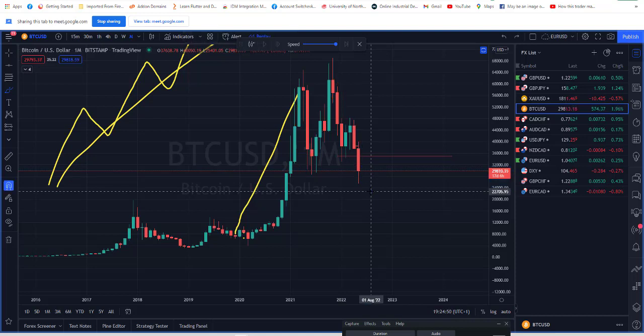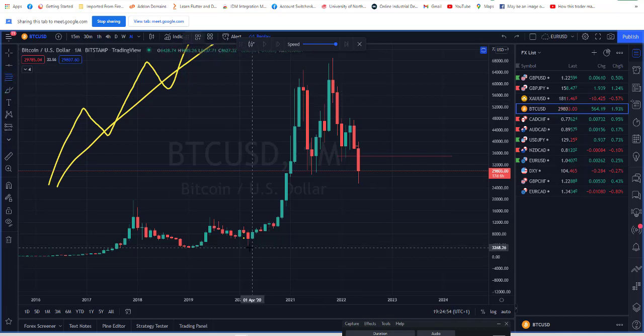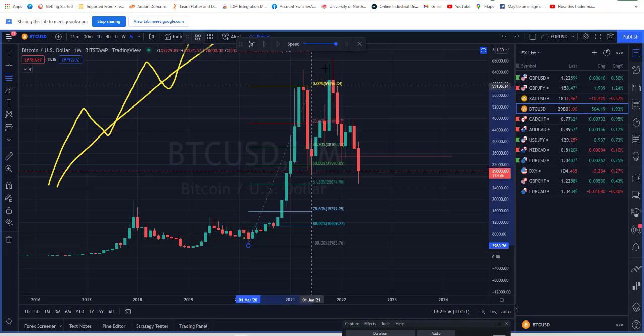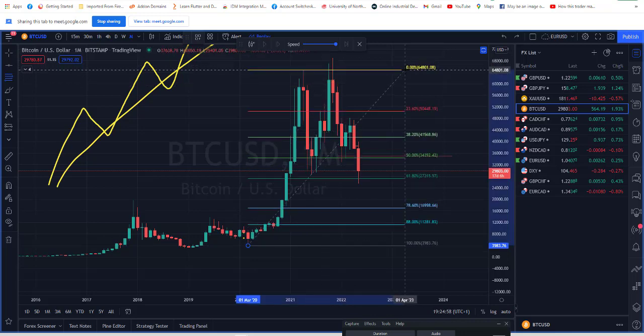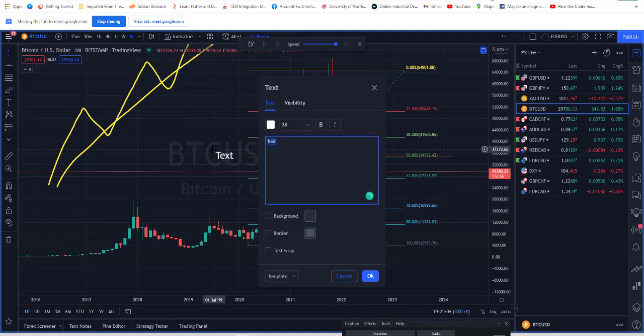But how can I know the level where this thing could actually get down to for you to start buying BTC? I'll do that real quick now using a tool I use right here. This is the bottom of this wave that started moving up, and this is the top right here. Boom. Now you see that this market has reached where I call the golden zone. The golden zone is a terminology. Look it up on the web. The golden zone is the zone